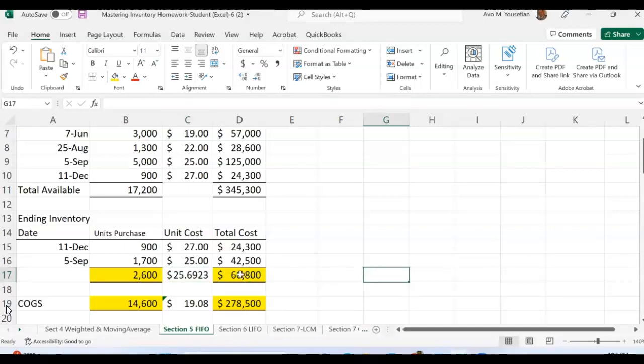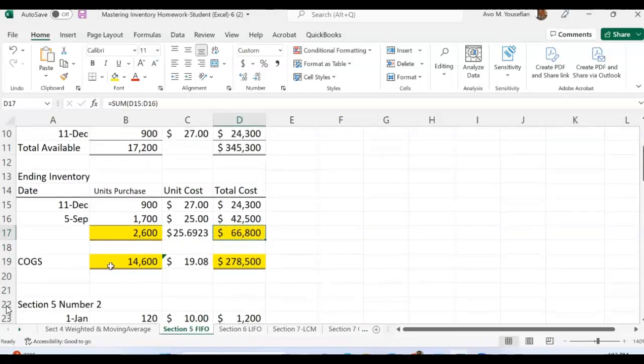But what amount goes to your balance sheet? 66,800. How many units do you have? 2,600. What's the average cost? About $25.69. Okay, that's good. But what's your cost of goods sold? So the cost of goods sold is